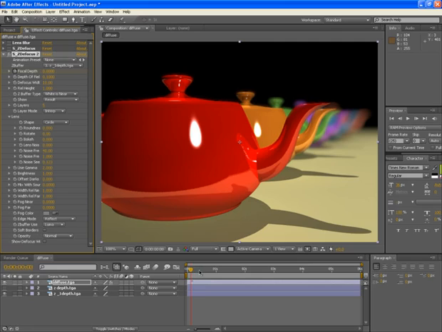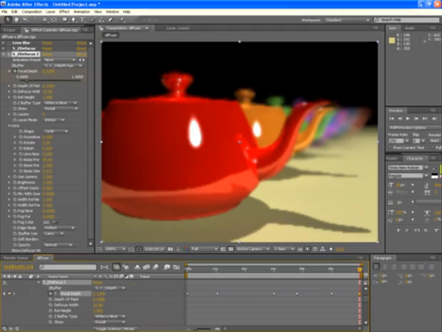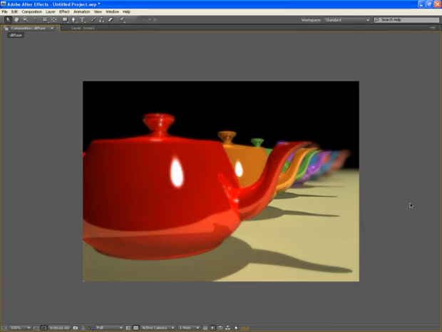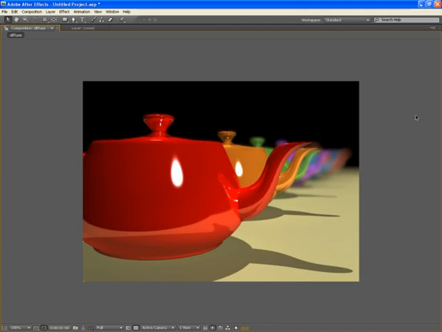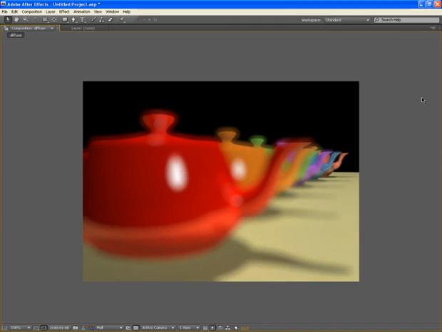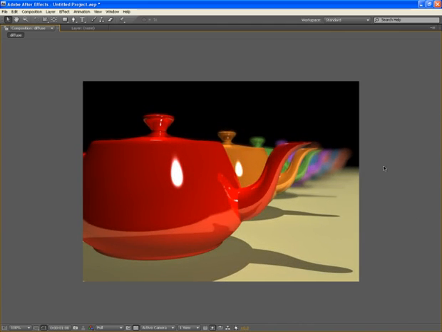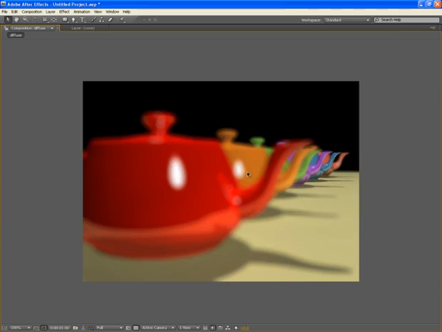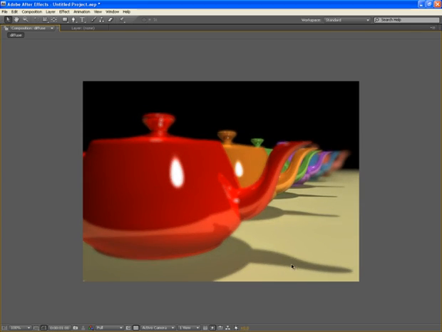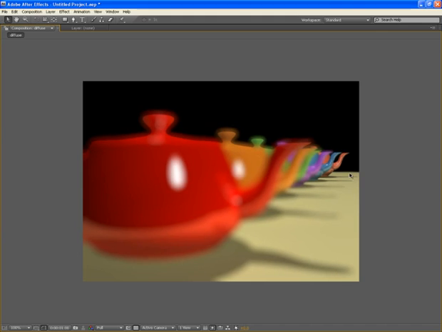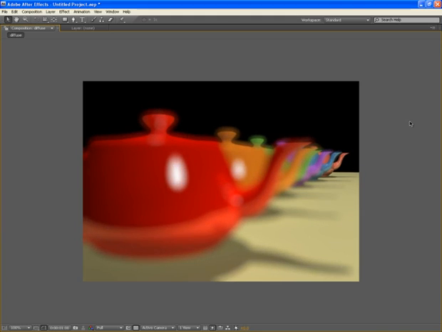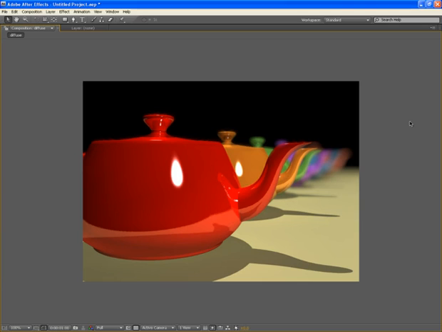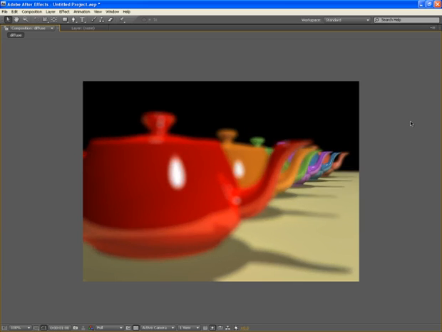Now let's animate the focal depth. Play the scene and you will see how depth of field is shifting from one teapot to another. It looks quite nice. You can see the affected shadow also. This is a great thing, guys. I mean, it shows the real power of post-production. You really don't need to go again and again in your 3D software for getting such kind of result. In post-production, with the help of Z-depth pass, you can easily control it.